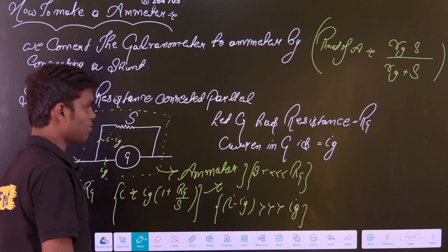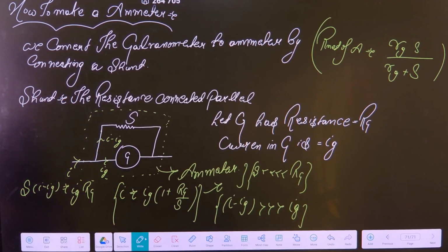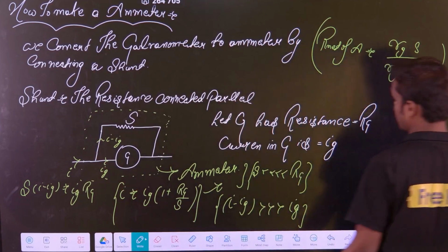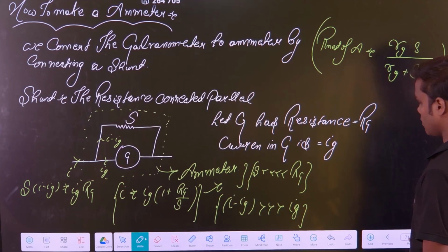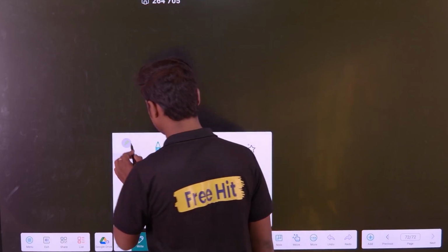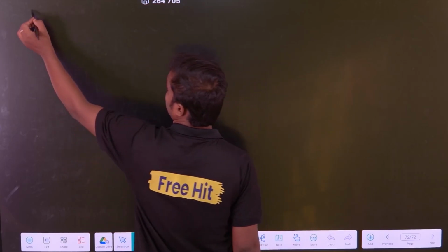Generally, what type of questions come in the exam: they will give you everything and ask you to calculate the shunt value or the galvanometer resistance, like that. It's very simple. Just remember this and apply it, and you can calculate. Okay, clear? Now the next very important part is the conversion of